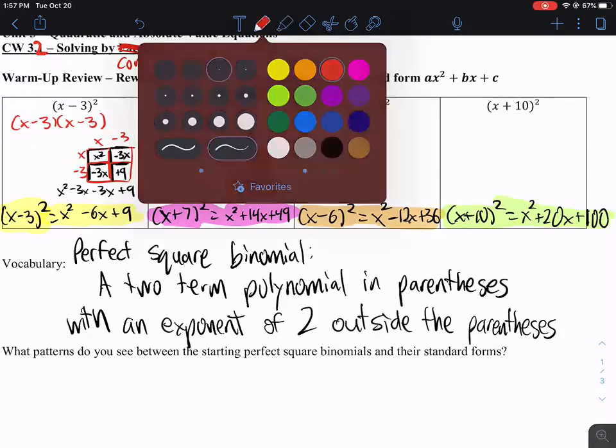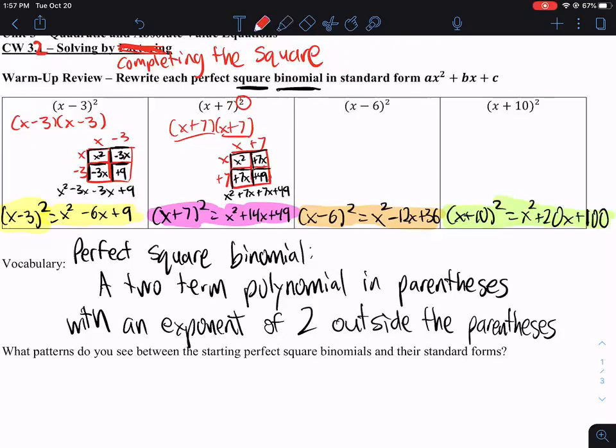One of the patterns is the coefficient at the end for each of the problems is squared. Like, for example, for the first one, -3 squared is +9. Okay, true. 7 squared is 49. -6 squared is 36. And 10 squared is 100. Okay, perfect. So he showed that for all 4 problems,